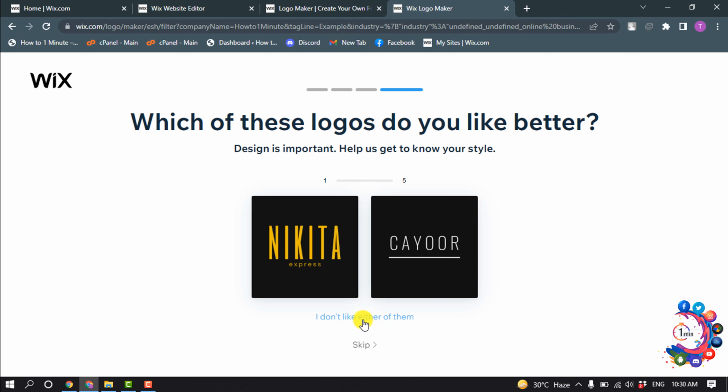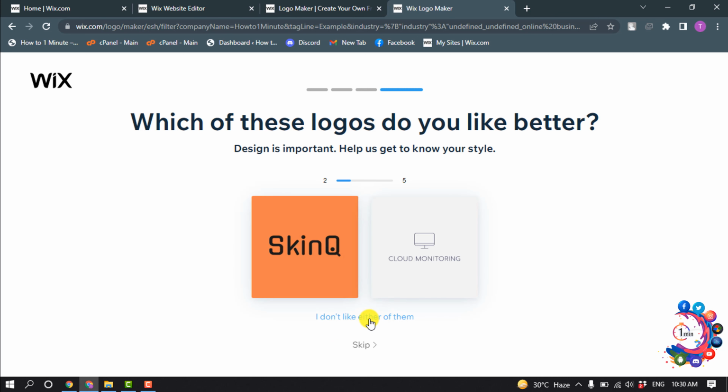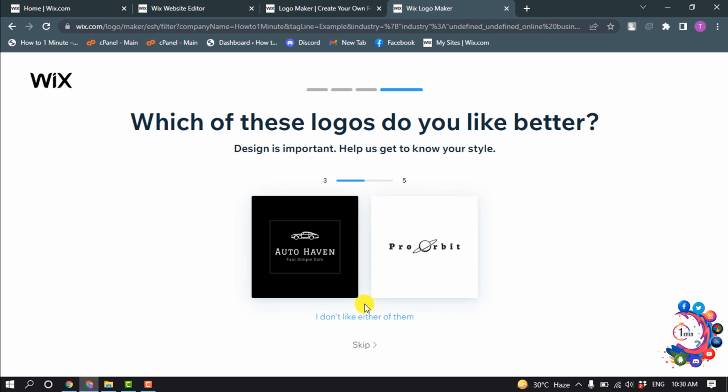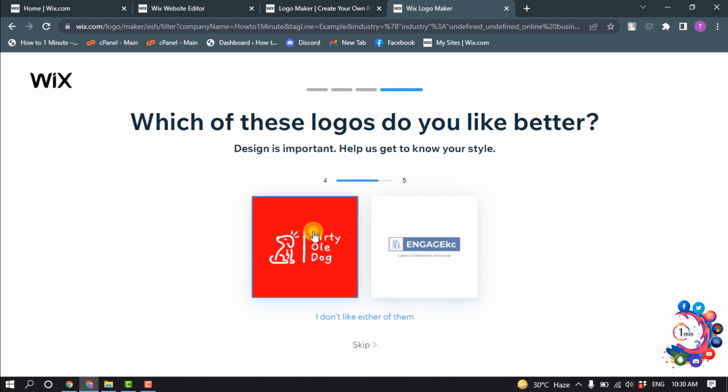Which of these logos do you like better? Select any of them, or you can click I don't like either of them. Then you will get some more example. So I'm going to selecting this one and this one,